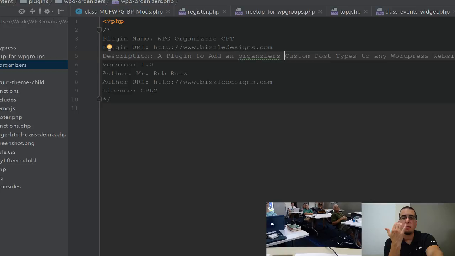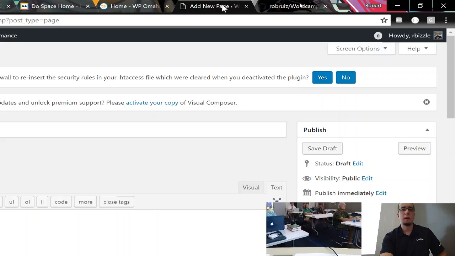Yeah, it did. Okay, cool. So now I should be able to go back over to the admin area and see my new plugin that I just added that does nothing, and activate it, obviously. So if I go into plugins,